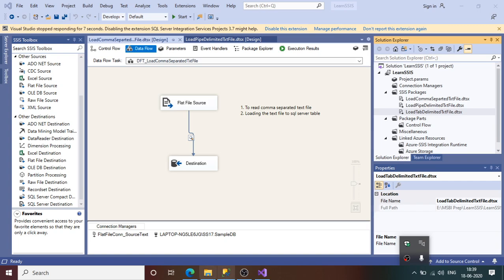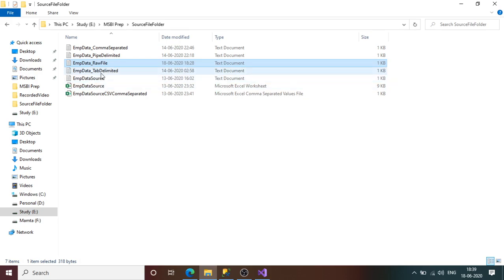Okay, so I have already one raw file here. I'll open it and I'll show you in which format the data will be present in the raw file. But before that, we'll understand what the raw file is. A raw file is a file in which the data is present in the raw format, not in any specific format. If I talk about the pipe delimited file, that means the data is present in the file in pipe delimited format.